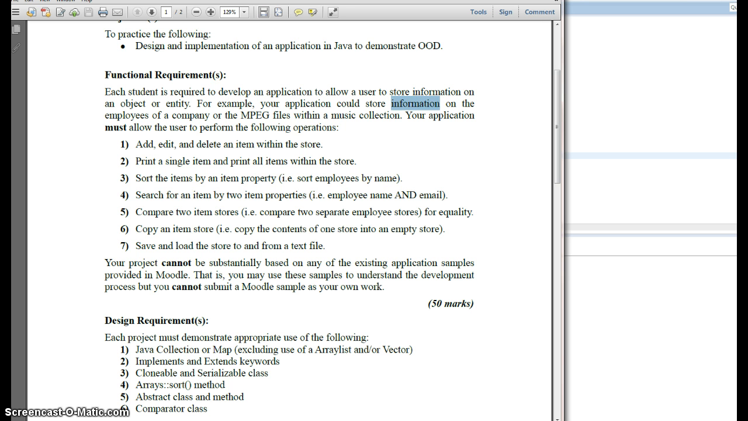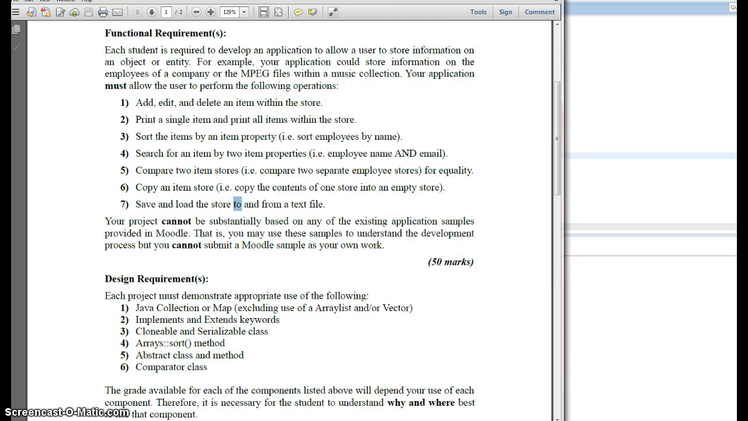The application could store information on employees or whatever. I've done mine on employees. In this I will have edit, delete, print single and print all, sort, search for an item, compare two items, copy, and save and load from a text file. I will also be demonstrating the collection, implement extend, cloneable, sort, abstract class, methods and comparator